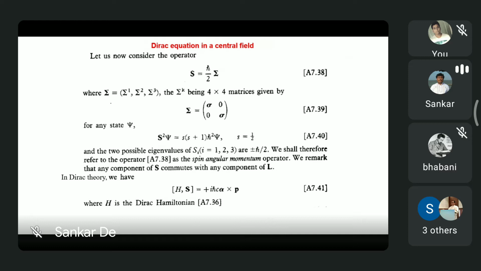So it is not S, it is S·P, which commutes with the Dirac Hamiltonian, the helicity operator. Because if I commute S with H, the commutator is not zero, it is not commuting; it gives iħc α cross P. Now, if I multiply S with P, then H has P, and the other equation also has P. So that's what is happening.